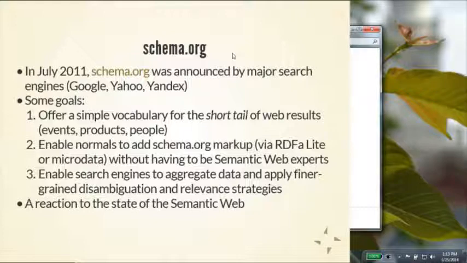And people, usually more salacious celebrity details than finding out deep research on people, but they made sure that their vocabulary would make it easy to mark these things up. And they provided lots of examples so that you could use RDFa Lite or microdata to mark up your HTML.